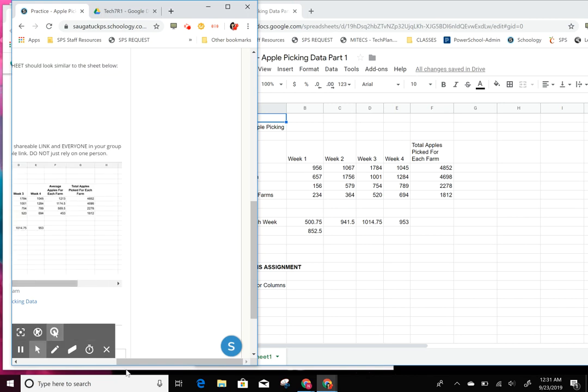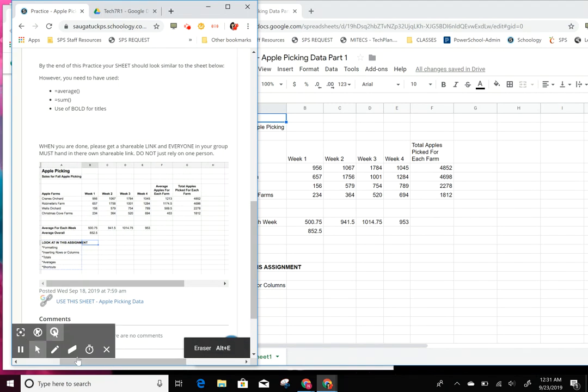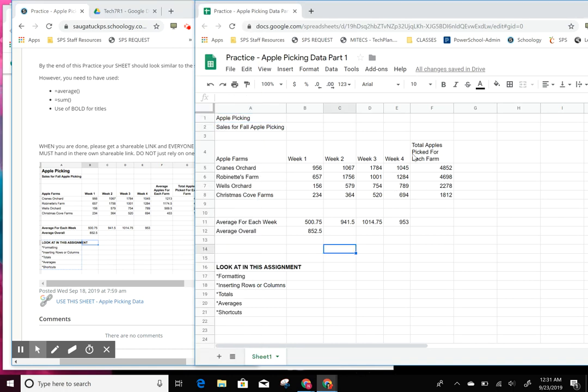And I'm also looking at the assignment. It says I also need to create averages. So let's first do that next. Let's do the averages for apples for each farm. Okay, so now I have the totals here. Doesn't look like I have enough columns. So I'm going to go to total apples here, and I'm going to insert a column to the left of this column F. So I'm going to go to insert,